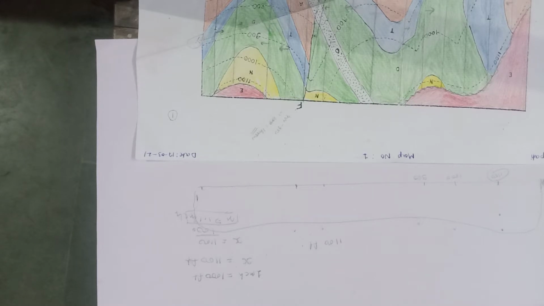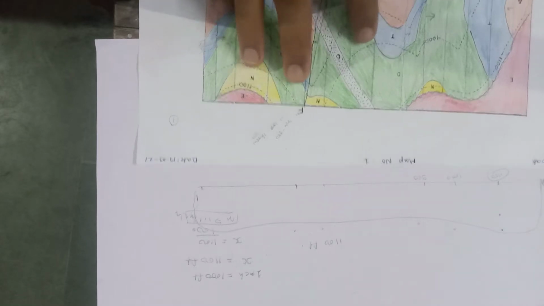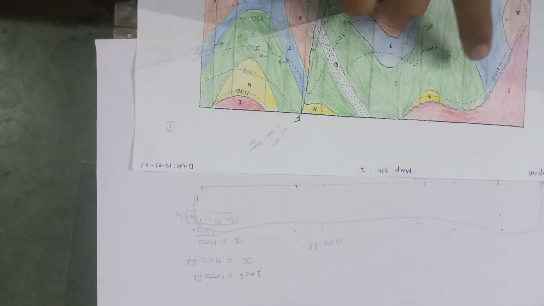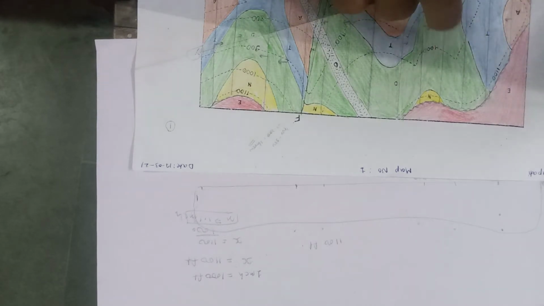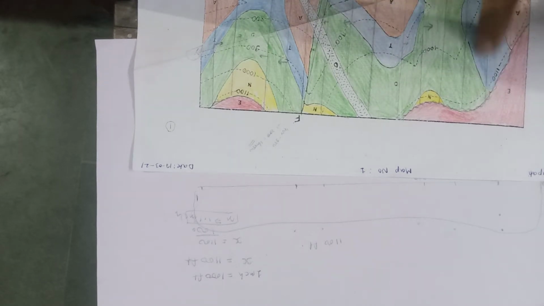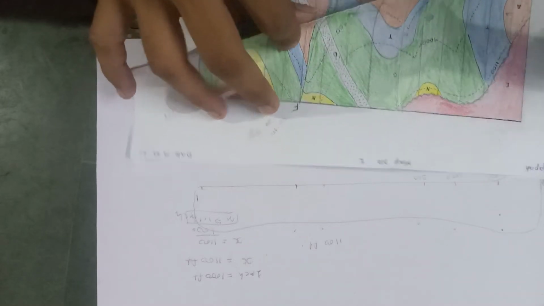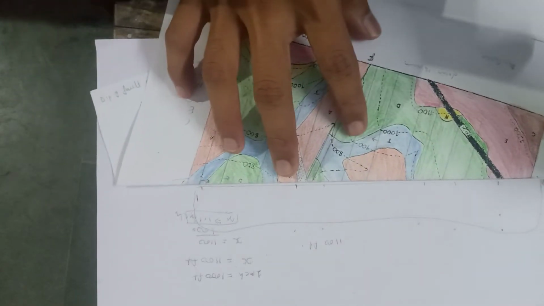For the strike method, first of all we have to select two different strike lines which are intersecting the same contact between two beds. Suppose you have to draw, first of all take this,